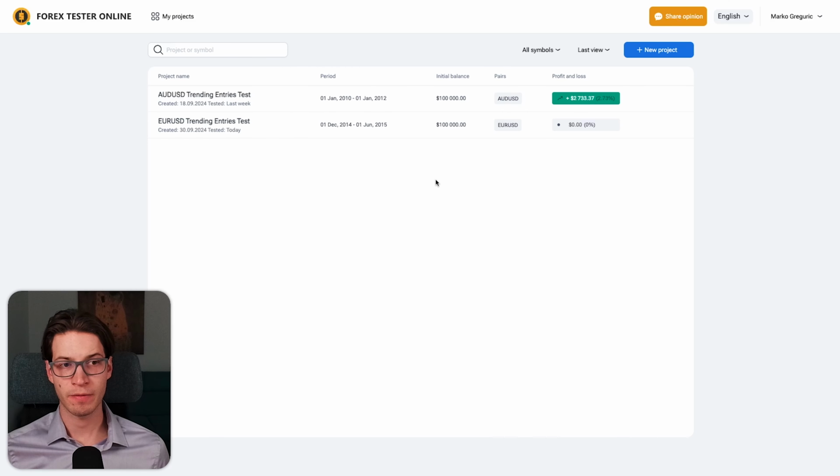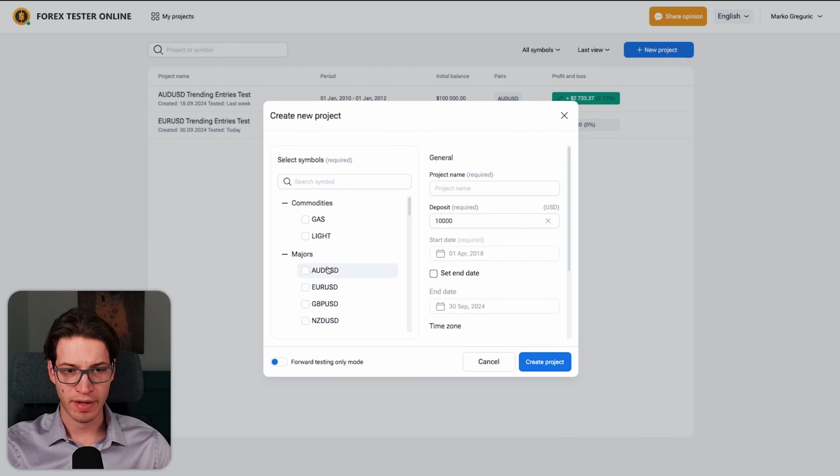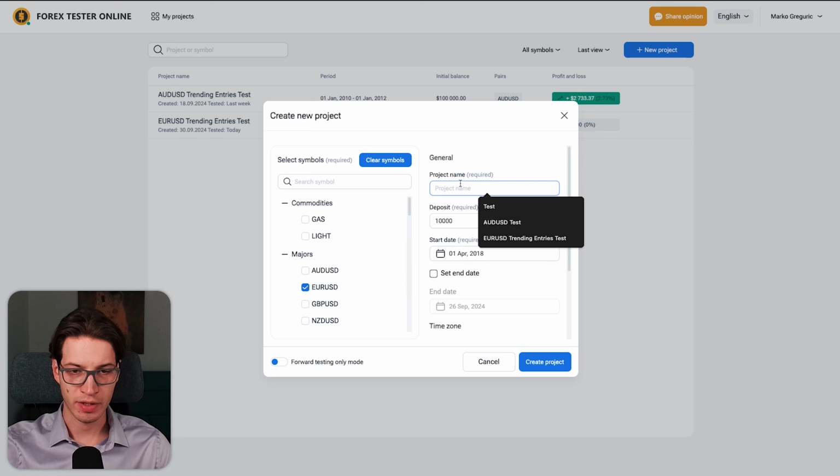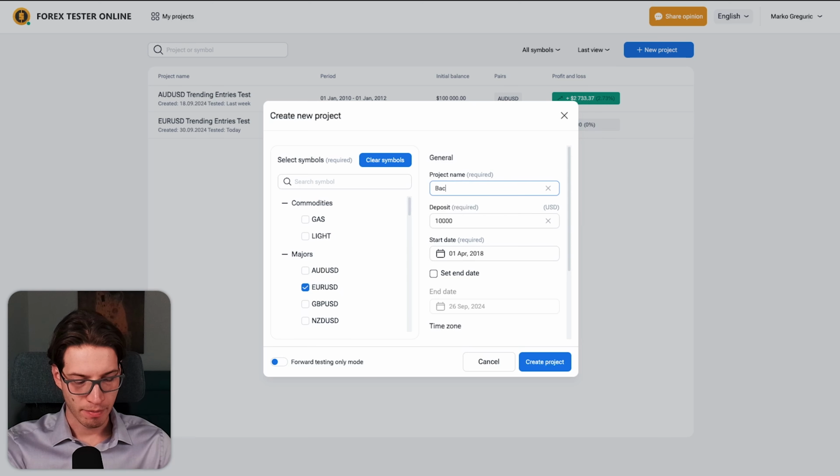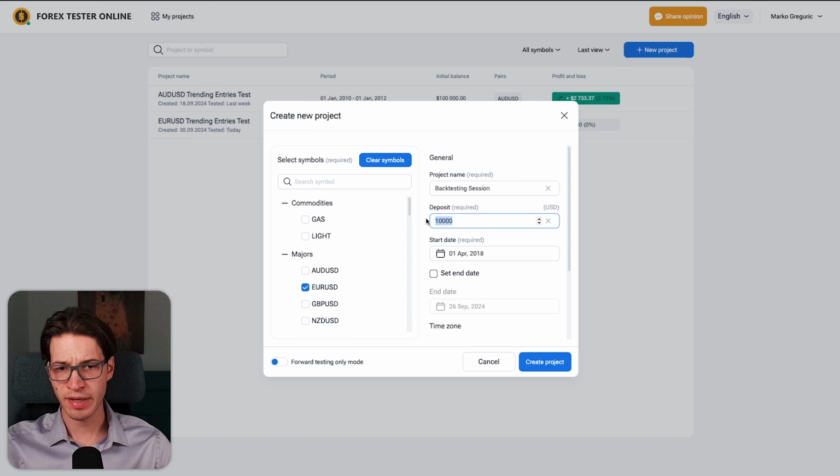So here we are on the Forex Tester Online interface and let's start our backtest. We're going to click on new project. As you can see, I have all the old projects right here, which is a benefit of having an online software in the cloud because you can access these on any device. You just need to log in. So new project, and then I'm going to choose the euro and the US dollar. I'm going to give it a name. I'm going to put in backtesting session. Deposit, I always like to do